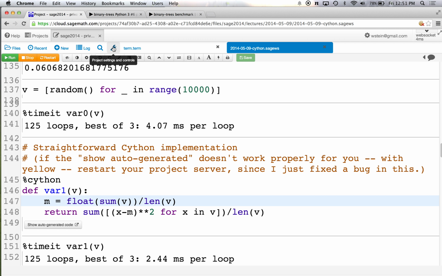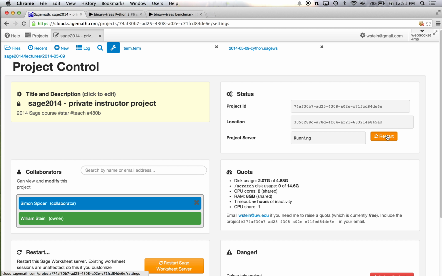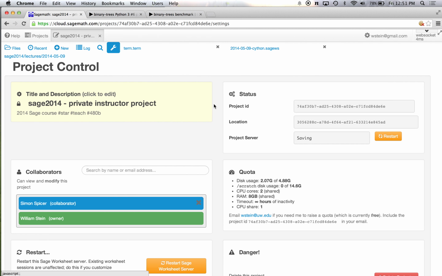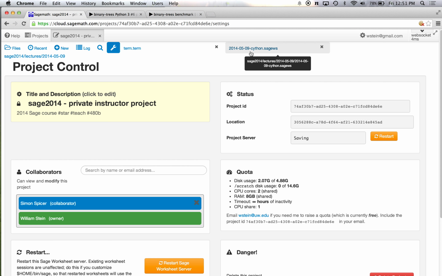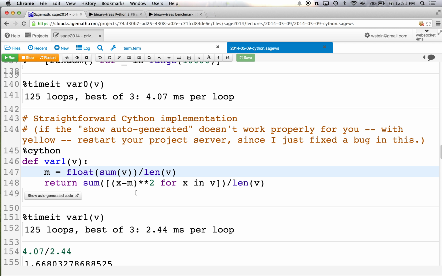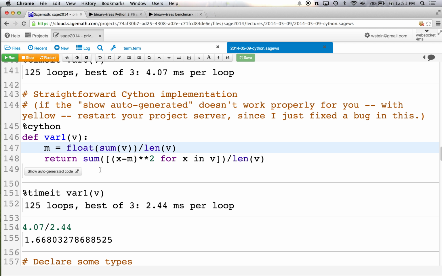And I think I have to restart the project server to get the bug fix to take effect. So that's going to take a second. But I'll talk about this for a second first, and then we'll look at the auto-generated code. If it doesn't work, I'll just pull it up on my virtual machine or something.